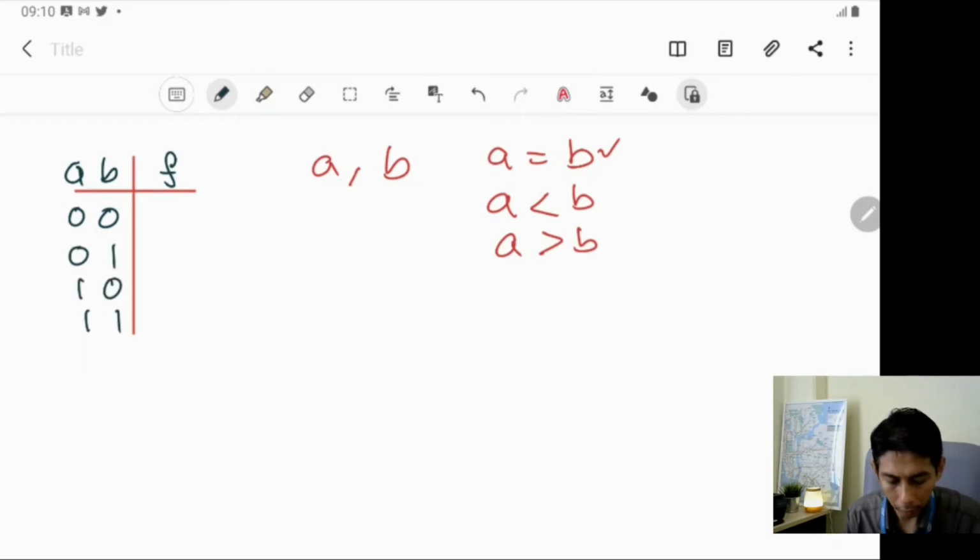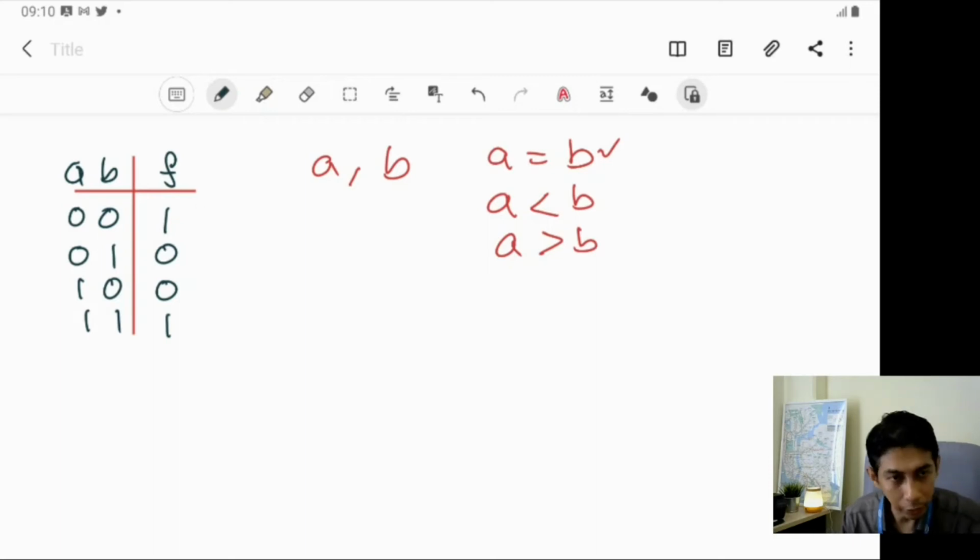This is the 4 possible combinations of A and B. So for the XNOR gate, the output is like this. When we observe carefully here, we can see that when the numbers are equal, F equals 1. And when the numbers are not equal, F equals 0. And again, if the numbers are 1 and 1 here, F equals 1.